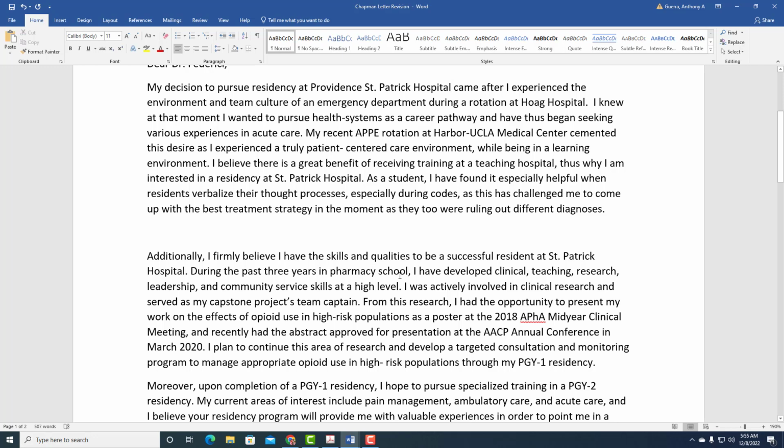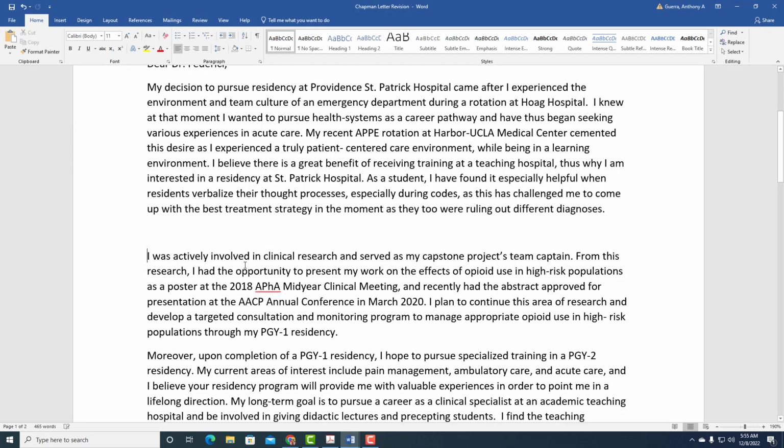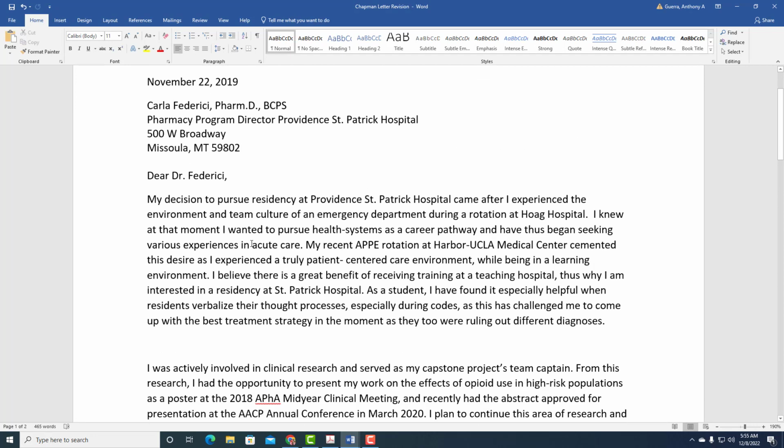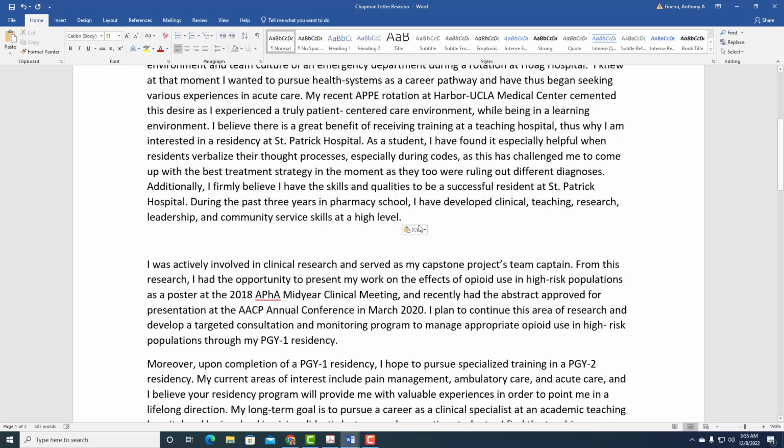This person copied this from my template. "I have developed clinical teaching, research, leadership, and community services at a high level." This is actually a thesis statement for the entire thing. Okay, so this belongs in the beginning. Okay, so that's why you did it. Okay, and now you want to put your thesis for the entire paper at the end of that. Okay, so